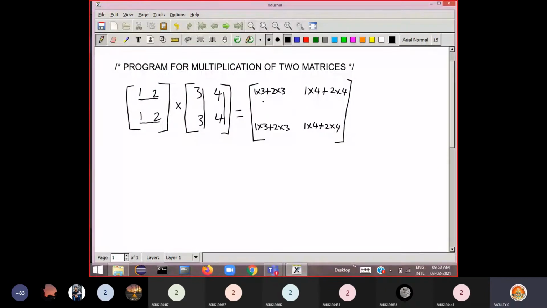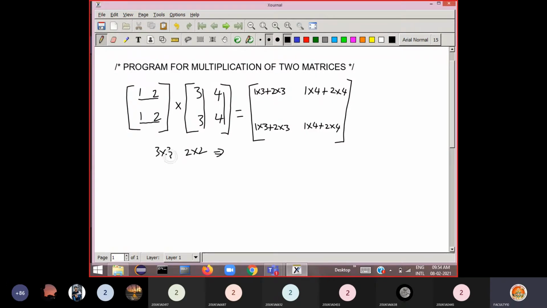Okay, so how you are doing mathematically, the same procedure must be performed by your program. So you have to write instructions such that your program performs this kind of calculation. And you know, whenever you have to multiply two matrices, you have to check the order of the two matrices, yes or no. If one matrix is of size 3 by 3 and another matrix is of size 2 by 2, then multiplication is not possible. You cannot do multiplication. Yes or no?